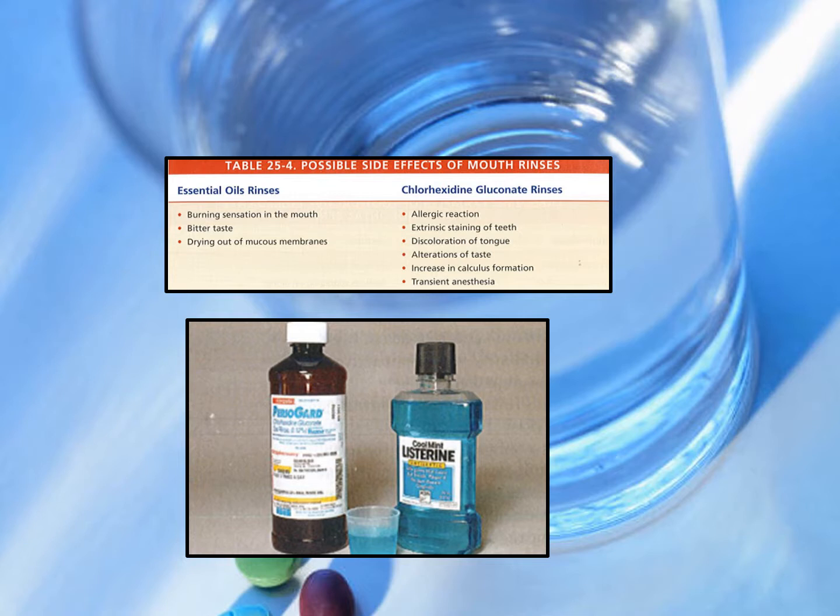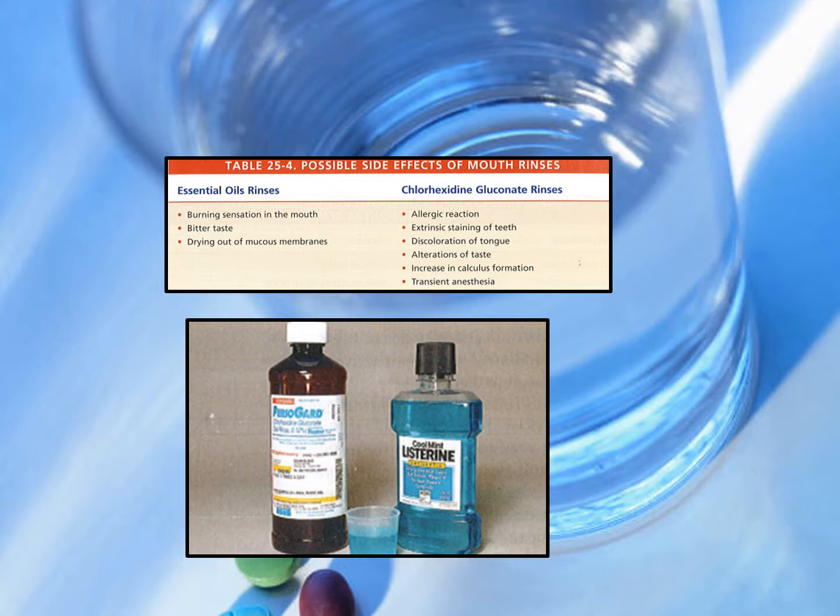Now, with any good product, a lot of times you're going to have possible side effects. So we're going to talk about the possible side effects of mouth rinses. We're going to focus on the mouth rinses that contain either the essential oils or the chlorhexidine. When we look at the essential oil rinses, side effects could be burning sensation in the mouth, bitter taste, and the drying out of the mucous membranes because of the alcohol content. So in this particular case, you may want to be careful about prescribing this rinse to someone that has xerostomia. If they're already dry, you don't want to introduce another product that's going to dry them out